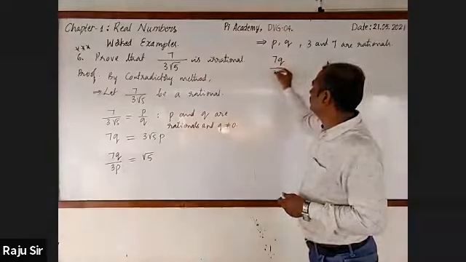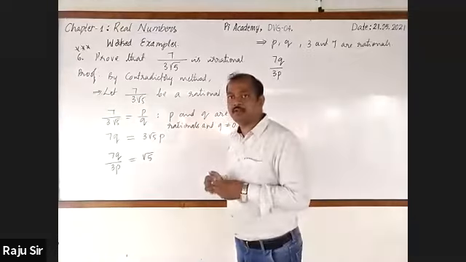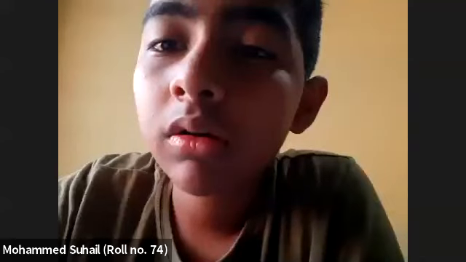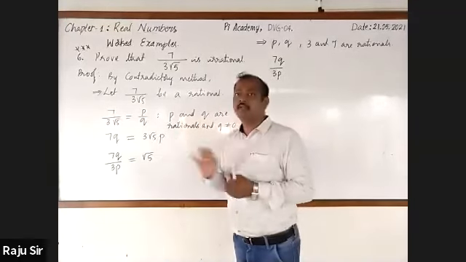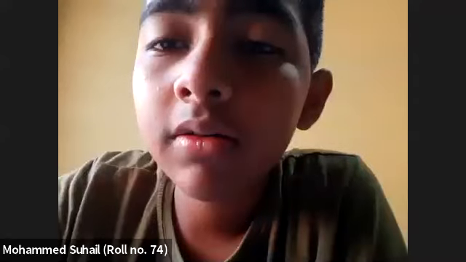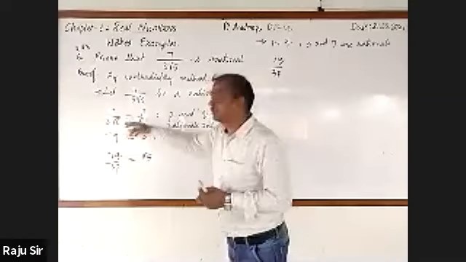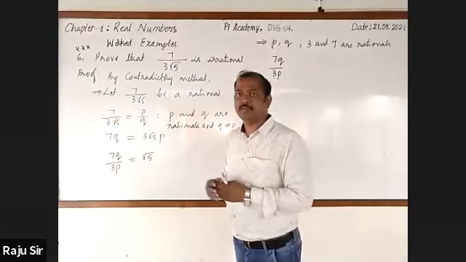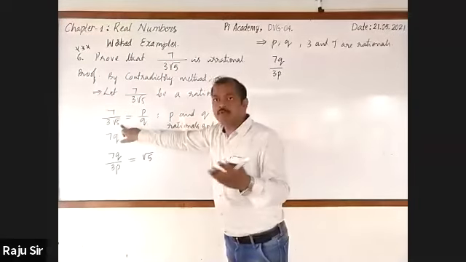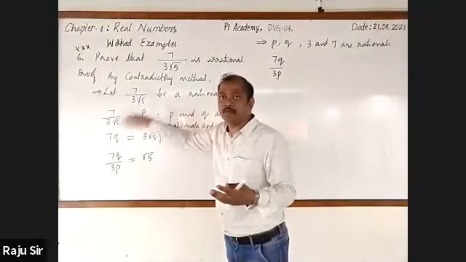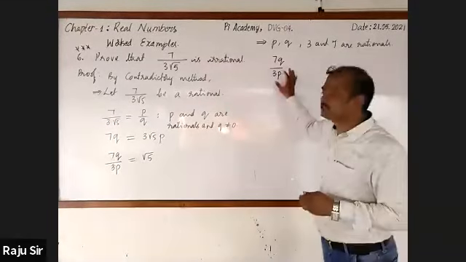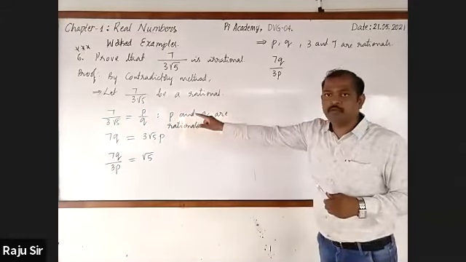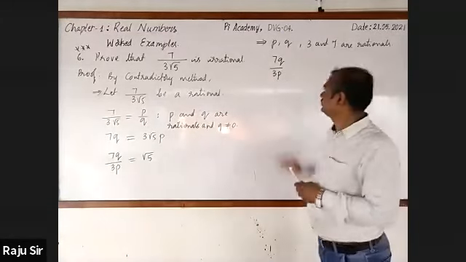Sir, we can also take the reciprocal, no, sir? Why do you go for taking the reciprocal? See that if you go for taking the reciprocal, again it becomes 1 by root 5. Then you will go for cross multiplying. Hence, you don't need to in the first step, sir. First step, of course, very good. You can do the same. If you want to solve root 5, you can also take the reciprocal of both LHS and RHS. After just explaining this, I'll go for giving you information regarding that also.